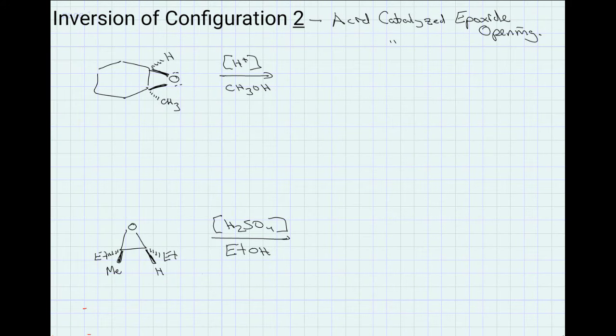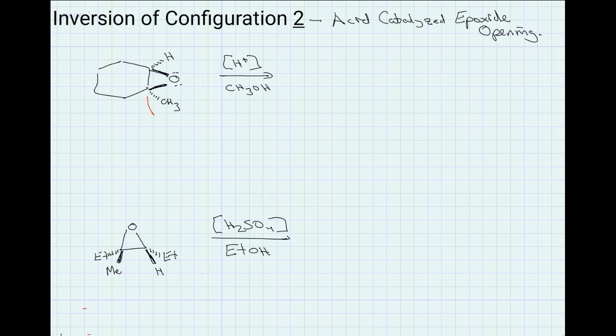Okay, so let's take a look at acid-catalyzed epoxide ring opening and how that affects inversion of stereocenter, so inversion of configuration. So if you take a look at this first bicyclic compound that I have here, the cyclohexane epoxide. Now we know, based on what we learned in our last class, that the nucleophile, which is going to be methanol in this case, is going to attack at the most hindered center because this is the center that can